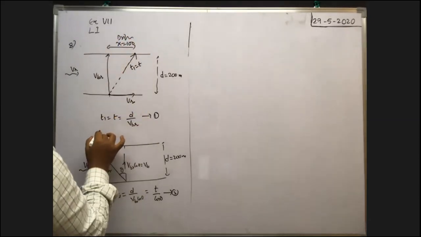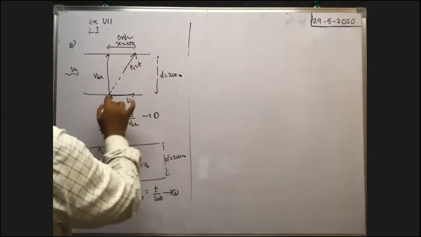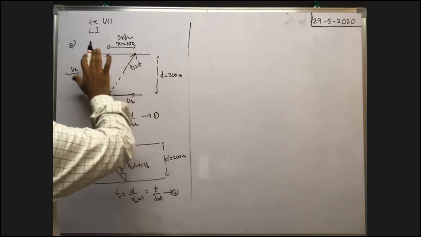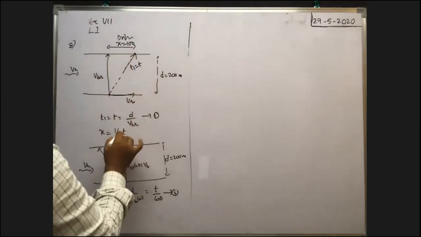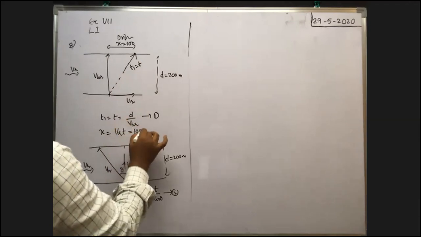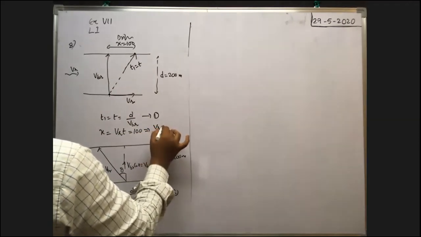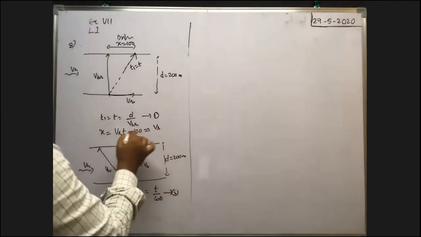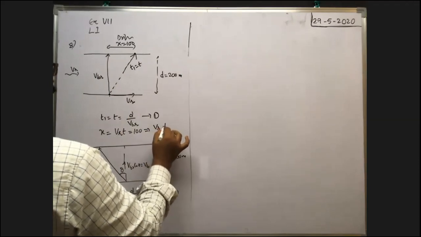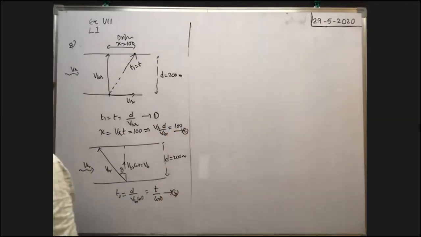In this case, drift x is equal to VR into t, no? Because of the river velocity, in the time taken by the boat to cross the river, the distance the boat travels along the direction of river flow is VR into t. That VR into t is equal to x, which is given as 100 meter. But t is equal to d by VBR, no? That implies VR into d by VBR is equal to 100. This is equation 2. It is equation 3.